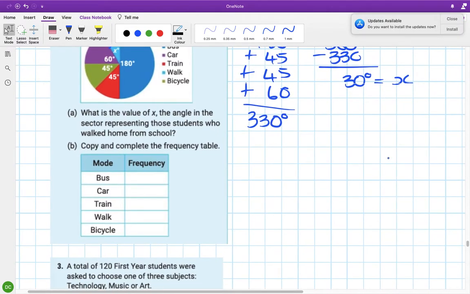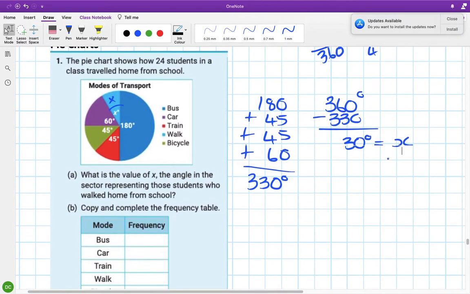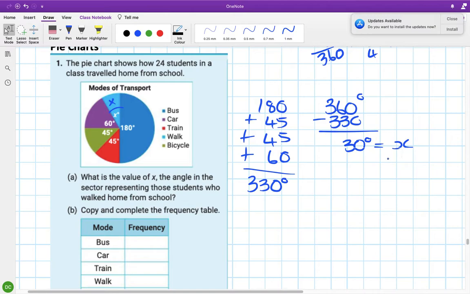So copy and complete the frequency table. So we need to figure out how many people took the bus, how many people. So as opposed to in terms of degrees, we actually need a number. So we start with the bus. So the bus is 180. So 180 degrees out of the entire circle is took the bus. 180 over 360 is half, and it's half of 24. So that is 12 people